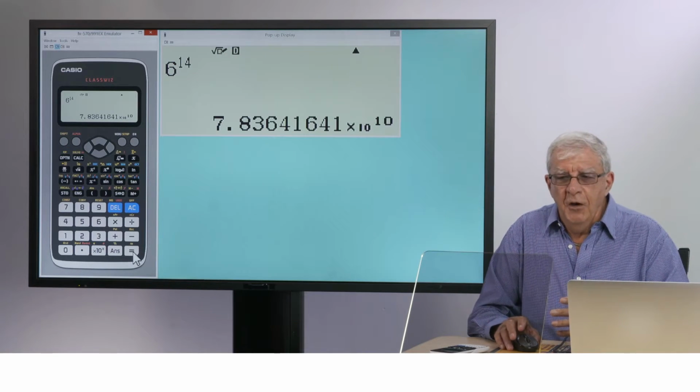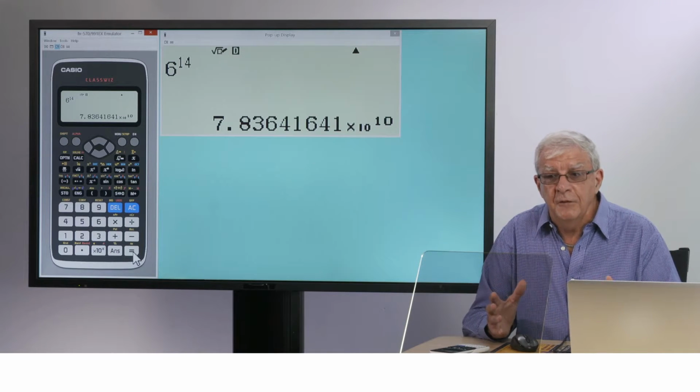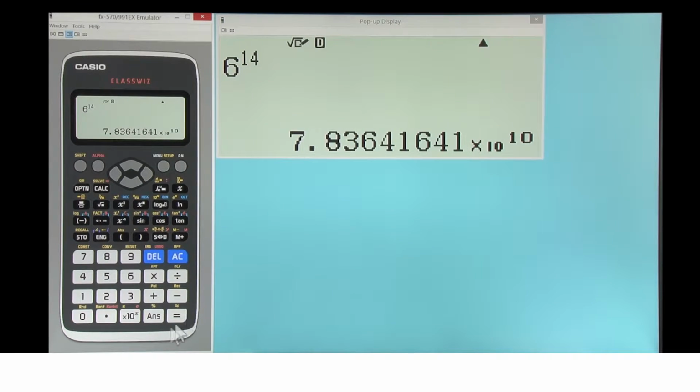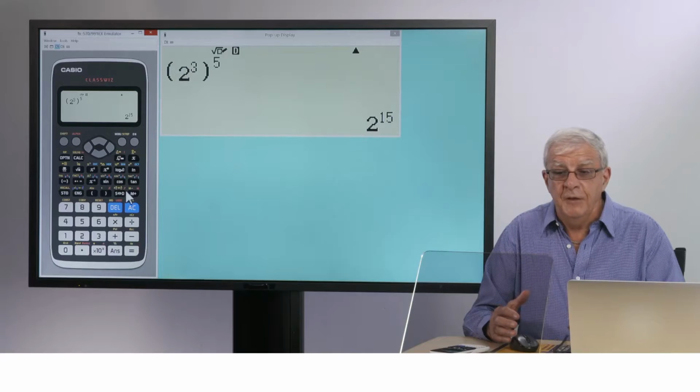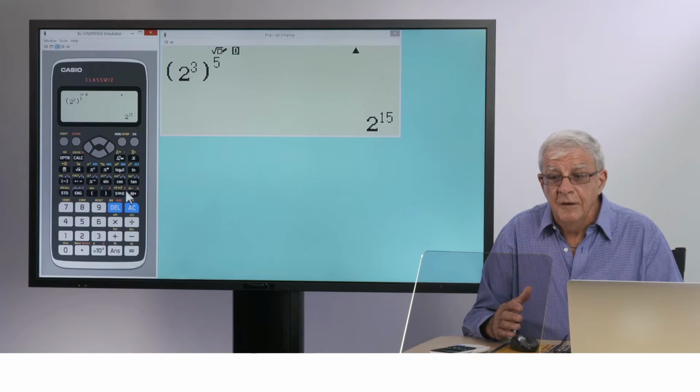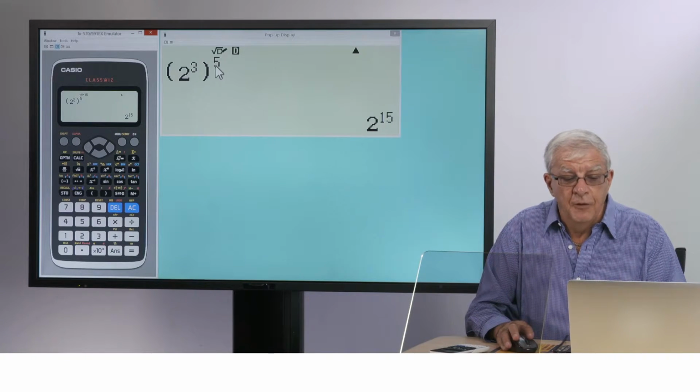So let's look at a different kind of example where students can see for themselves some of the properties of indices. So we'll think of 2 to the power 3, and I'll close the bracket. We're going to raise 2 to the power 3 all to the power 5. And here's the result. It is again a large number, and if students find the factors of that number, they can see 2 to the power 15 and can see that in this case the indices 3 and 5 have in